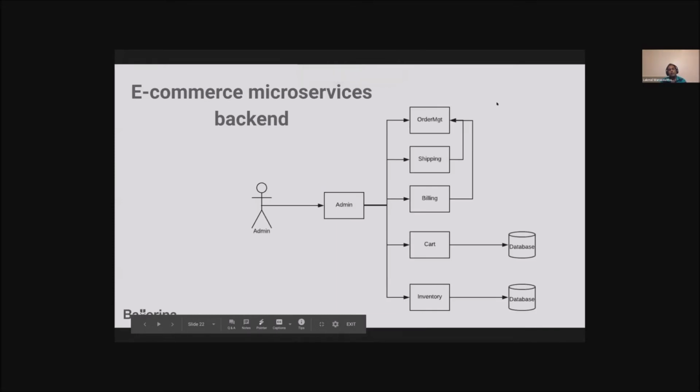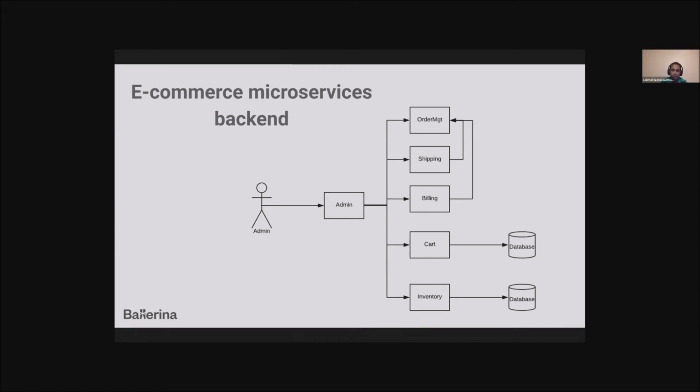Okay, so let's look at a real world complex application. This is the e-commerce microservice backend system. It's going to run 6 microservices, and some of them interact with each other to complete the given task.